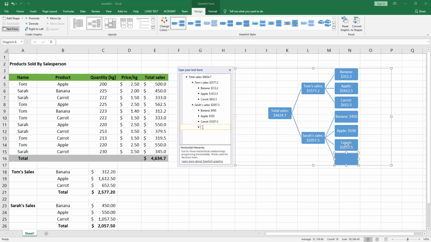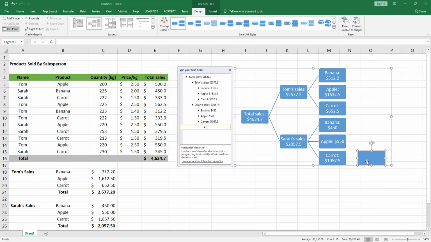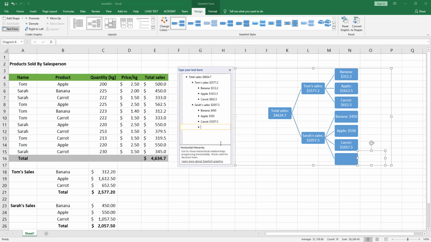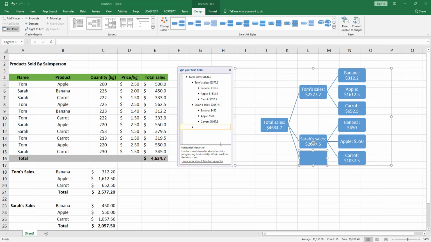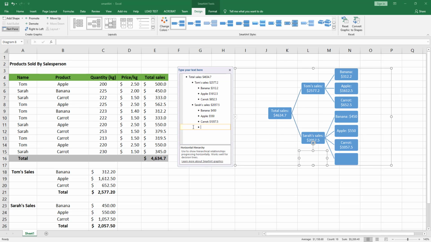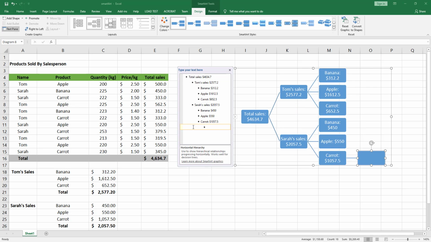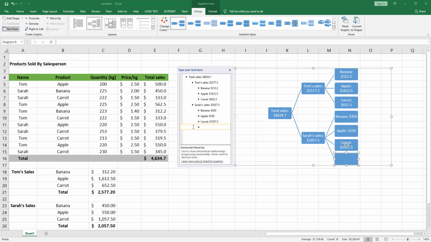So if we hit the enter key and then we indent furthermore by using the tab key, you can see that this will create a box which is linked to the carrot box under Sarah's sales. Okay, and you can use the backspace in order to go back one layer. So you can indent back and go back one level when you use the backspace key. So the tab key is to indent further and to create additional layers, and the backspace key is to go back